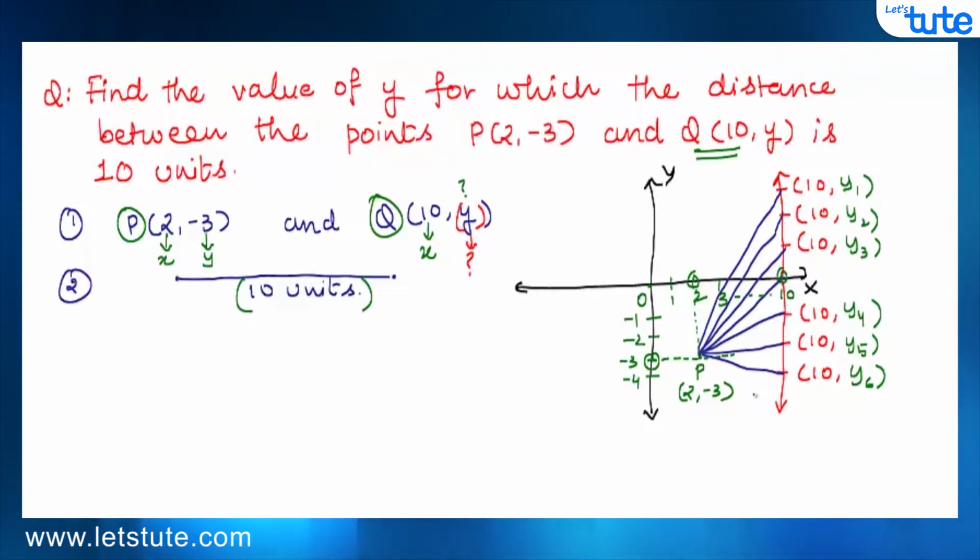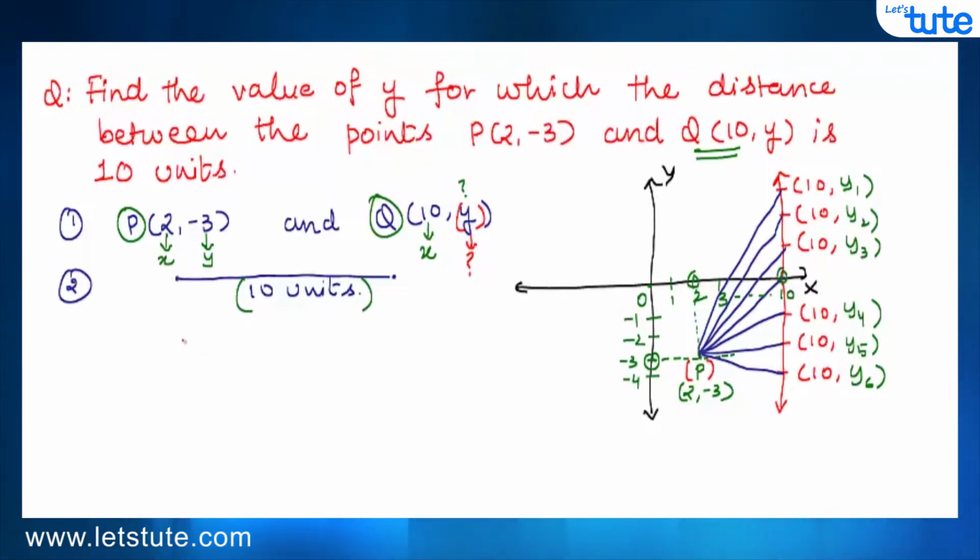So here we have to take the help of the distance formula. This situation is like, suppose you have a rope along with your friend P, and he's asking you to stand anywhere on this line but to maintain a distance of 10 units from him. So the question is where you will stand on this line. That's what we need to find, and that can be figured out only when we know the value of y. So let's proceed with the distance formula.